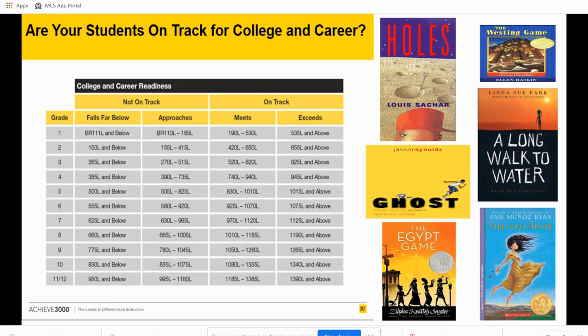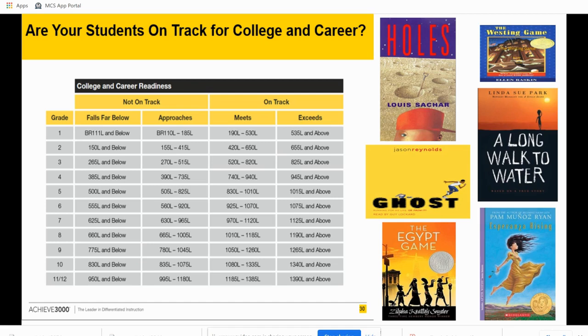Now, looking at that data, we want to look specifically at what we are going to do in the classroom in order for our students to be successful. Well, first things first, we want to look at what the state expectations are. If you are looking at the chart to the left, and we are speaking specifically about middle school students, our sixth graders are going to want to be at the MET. So we are going to look at the right-hand side where it says on track. Our sixth graders should be beginning at a 925 Lexile score.